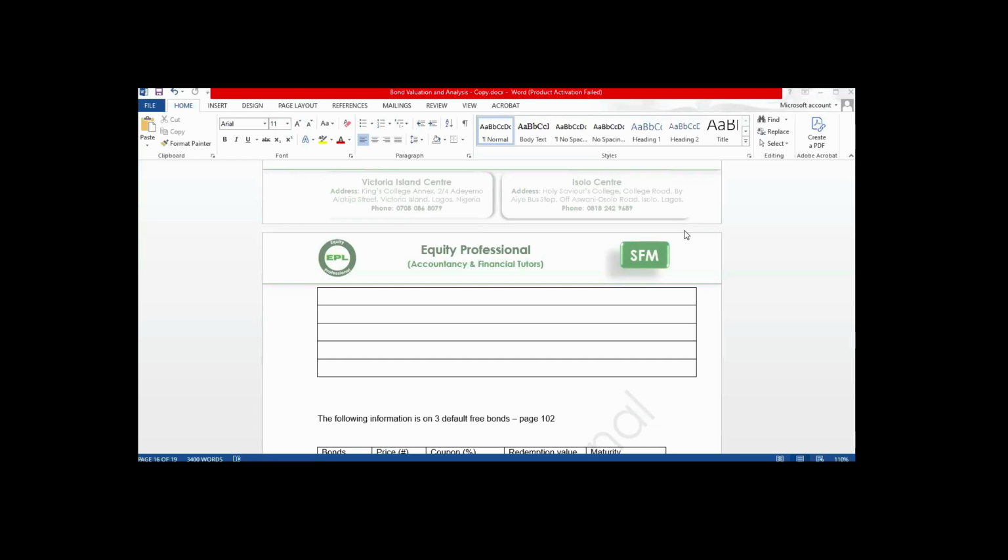For example, if your company is planning to obtain a loan in January 2026,